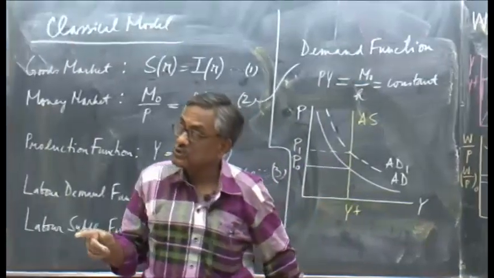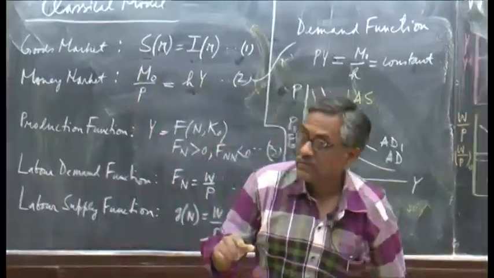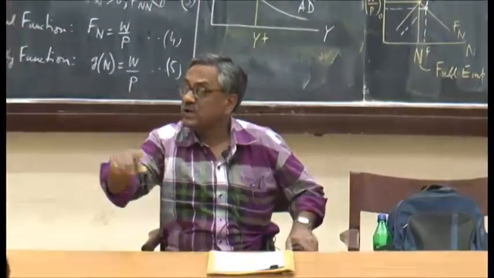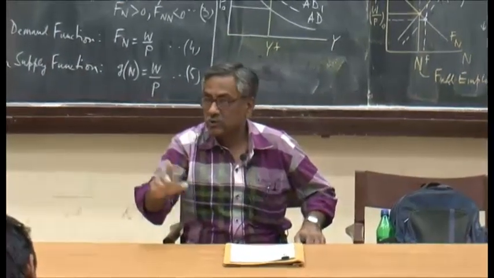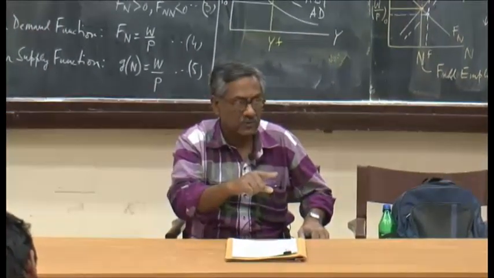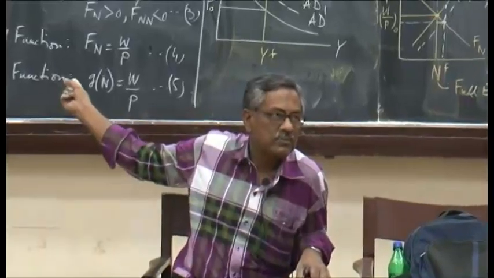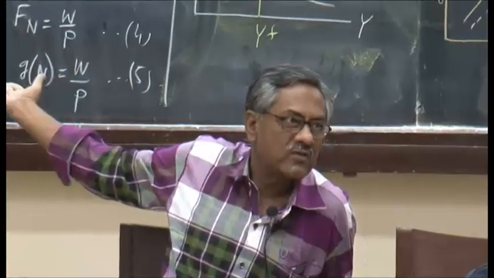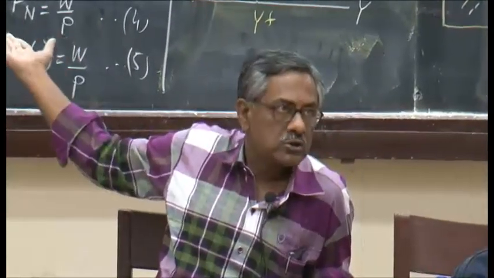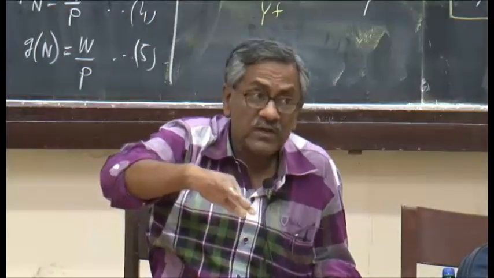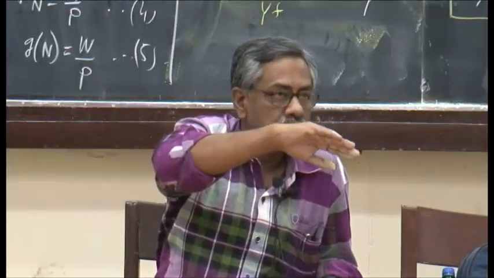So the dichotomy is not from the other way around, that real variables do not affect nominal variables. No, real variables do affect nominal variables. Because that's how we have solved the problem. First we solved the labor market real variables, output, then we got the price. So real variables determine the prices, but